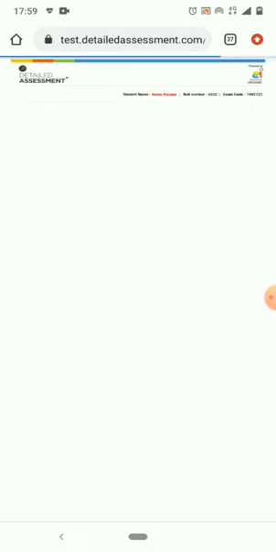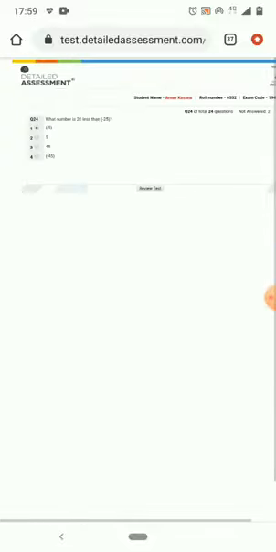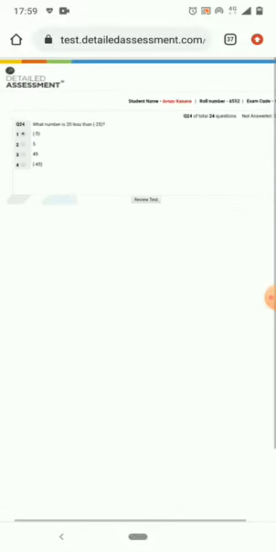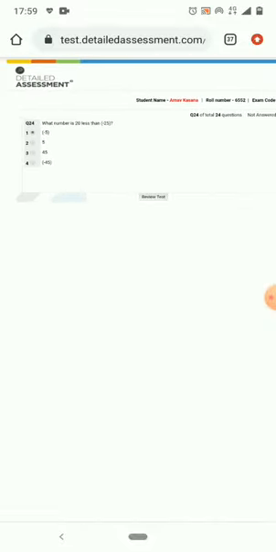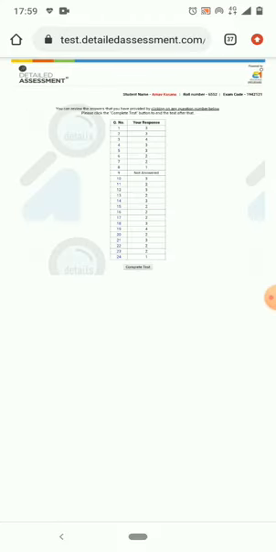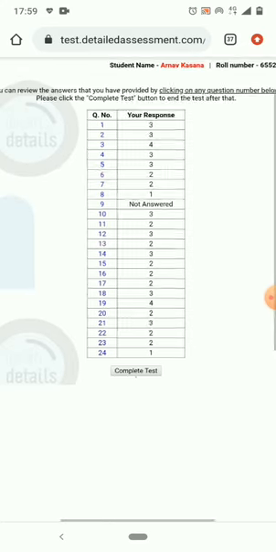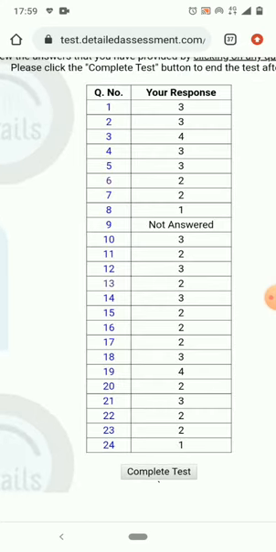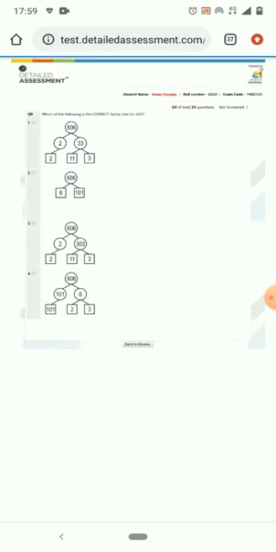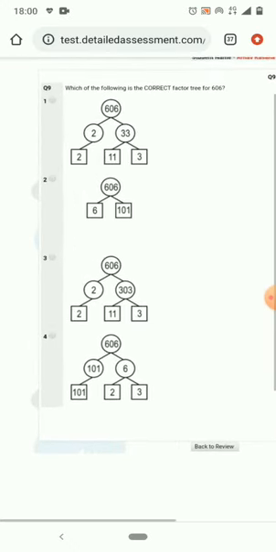I have answered almost all questions. Now I am on the last question, and see, next question tab is not visible to me. Now the only tab visible is review test. So now you need to click on review test, and the list of questions and your responses would reflect over here. Now see, question number 9 we have left, we didn't do earlier, so we would click on question number 9. Now we can attempt this question.